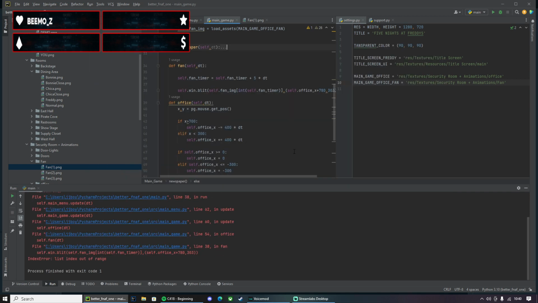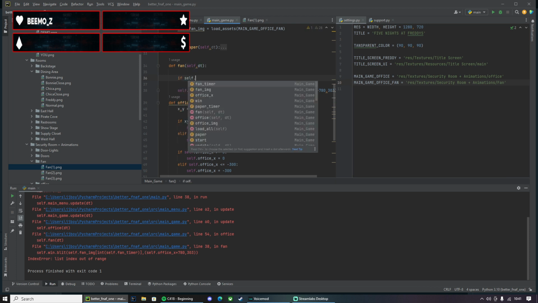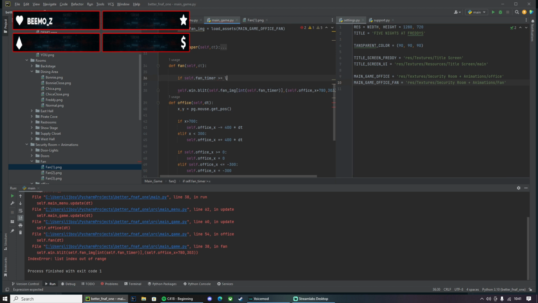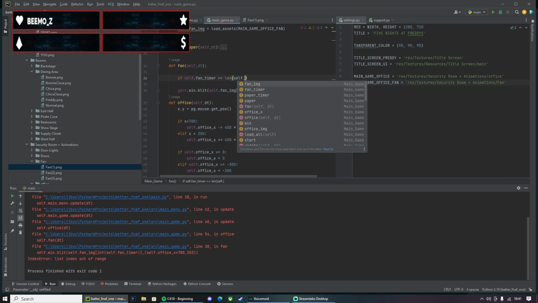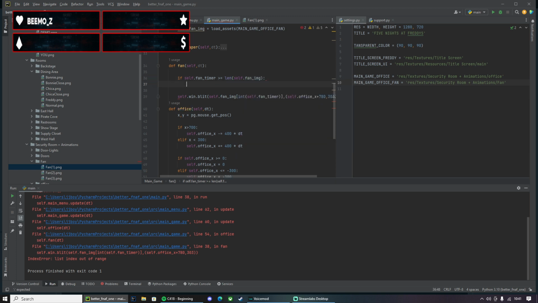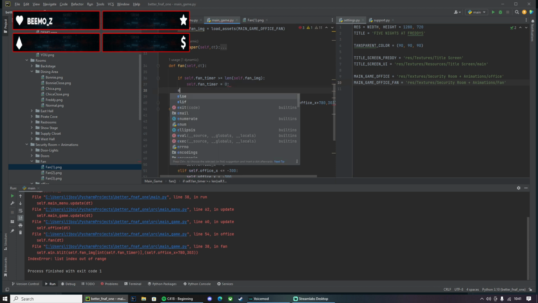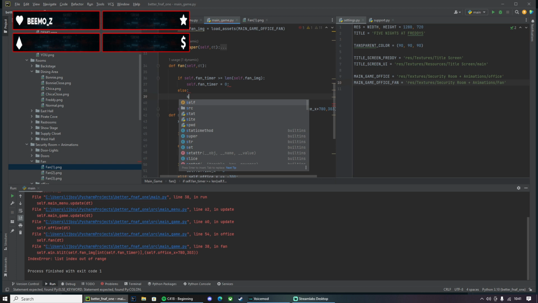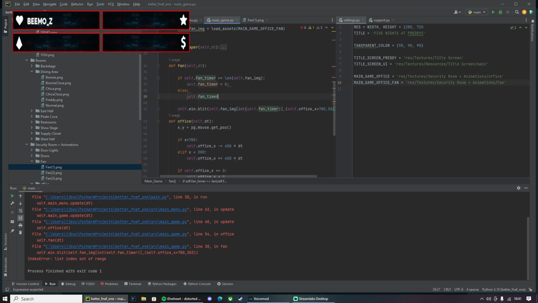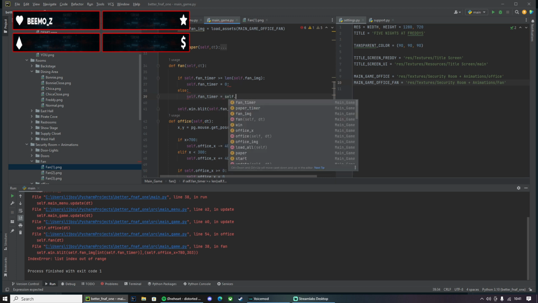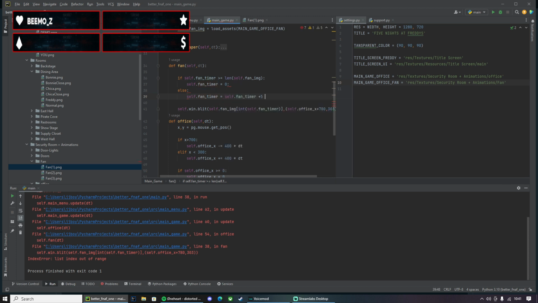Good, works. But then it's out of range. So if self dot fan timer is greater than or equal to the length of self dot fan image, self dot fan timer equals 0. Else, self dot fan timer equals self dot fan timer plus 5 multiplied by delta time.